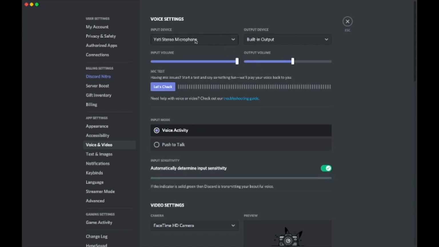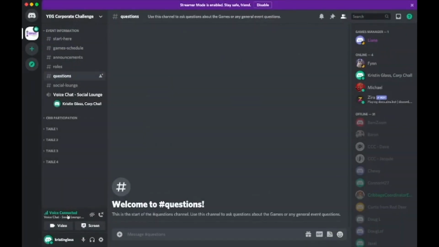Just make sure you have the right input device here, whatever microphone it is that you're using. This is just a drop-down menu. And then you don't have to hit save or anything. You can just hit escape. And then hopefully that might help to solve some issues. I'm not promising it'll solve all of them, but some of them. So I will disconnect from this voice chat now, get out of there, and we'll move on to our participation